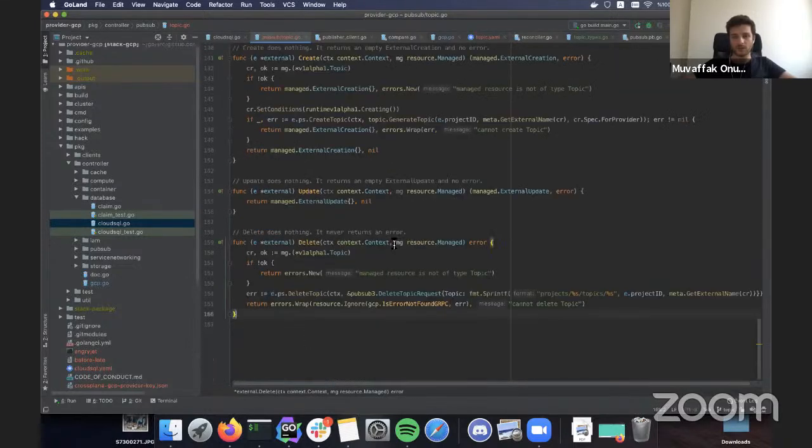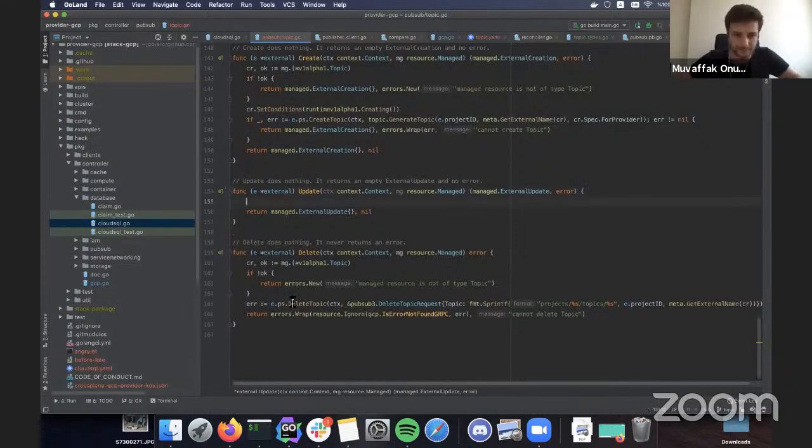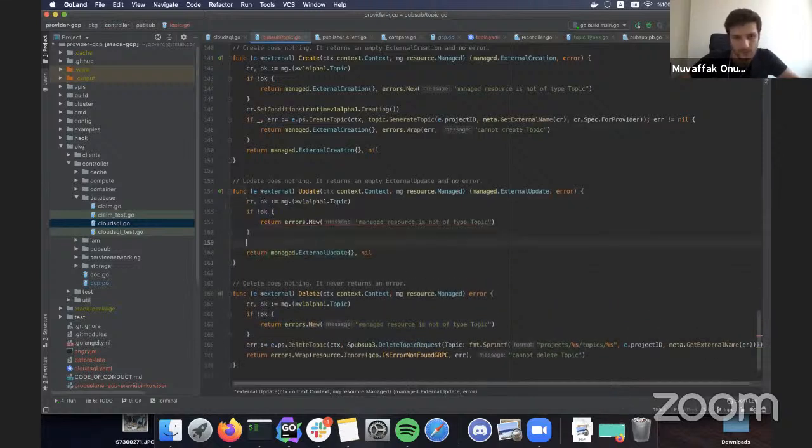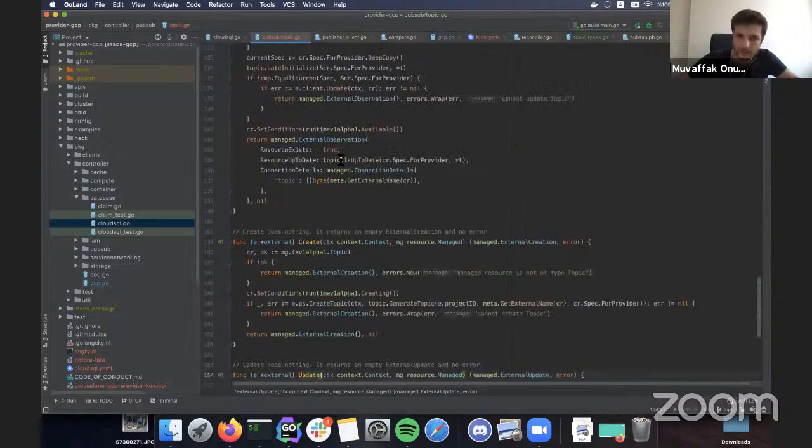So last but not the least is the update. For updates, it's not that different, but we will need a few helper functions because of how the API is structured. Don't forget that this update method is never called unless isUpToDate returns false.